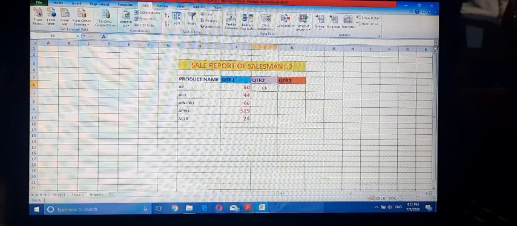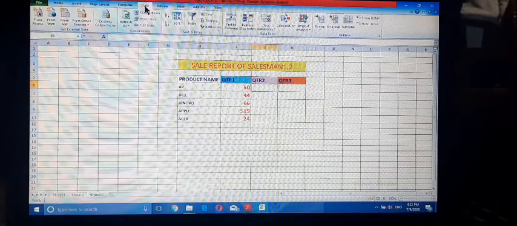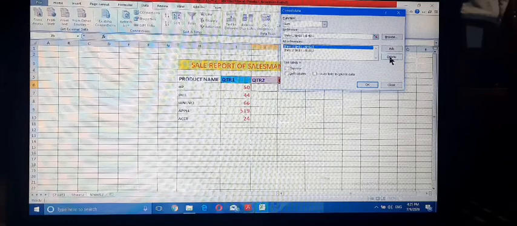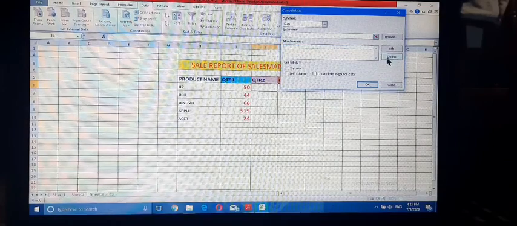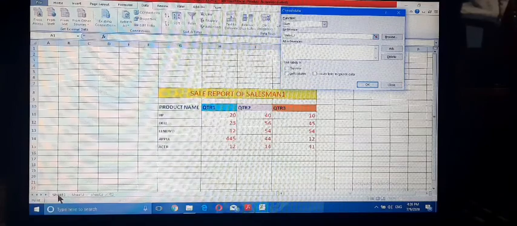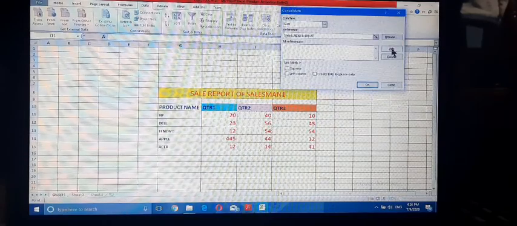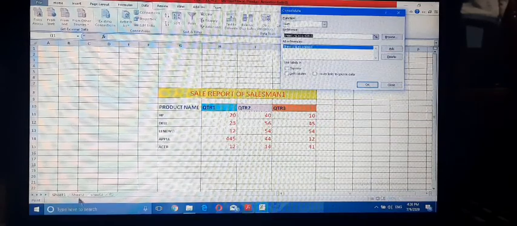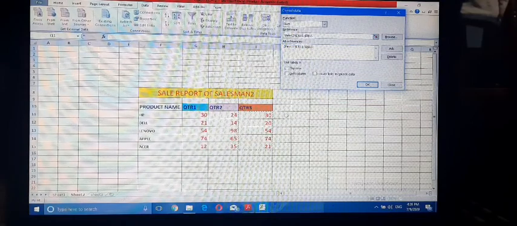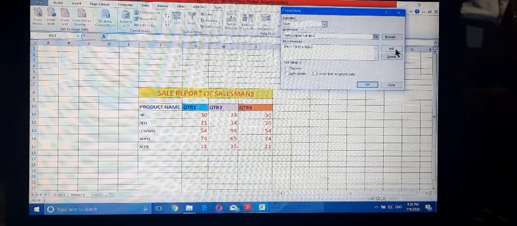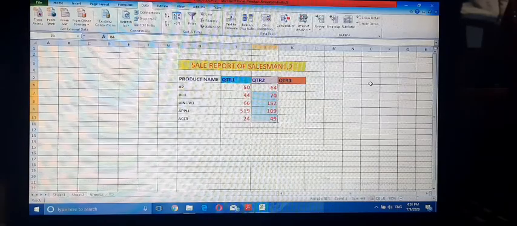Click on the cell, then go to the Data tab, then the Consolidate button, and delete the previous data here. Then click on the reference button, click on the Sheet 1 quarter 2 data, click on the Add button, then click on Sheet 2, select the quarter 2 data and click on the Add button, then click on the OK button.